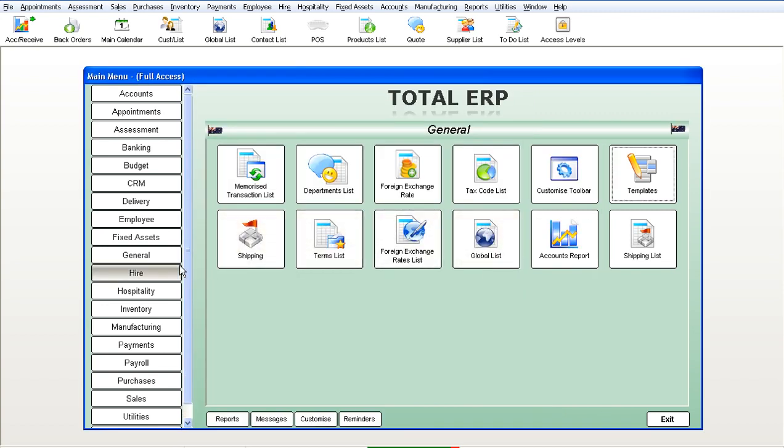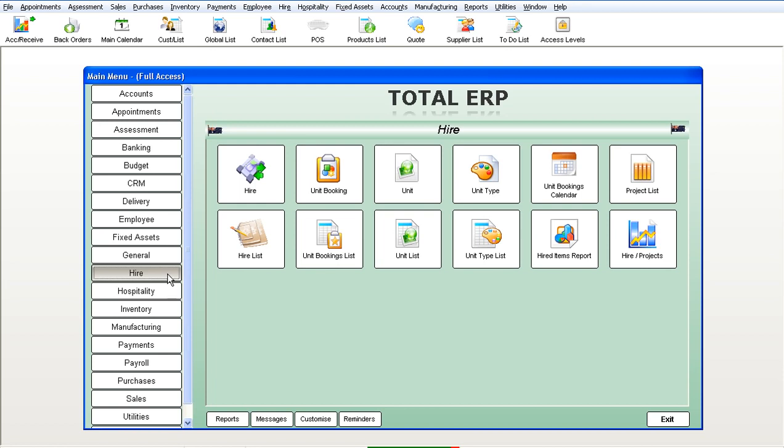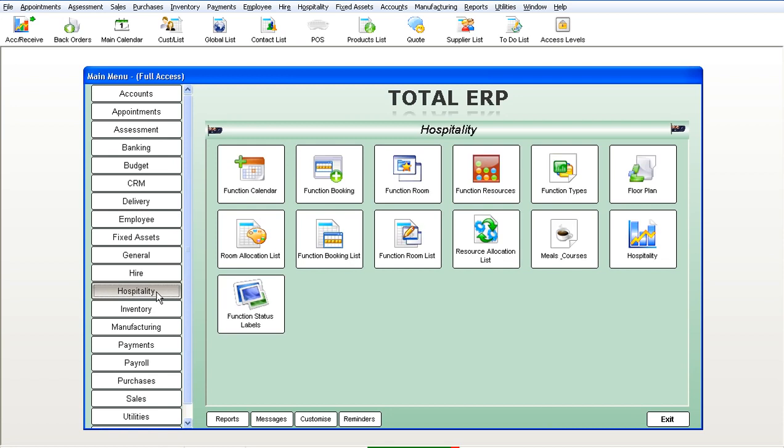We have a full hire functionality, allowing you to take bookings and see those on a calendar, as well as view a full report showing each and every activity in your hire fleet. Our hospitality centre is designed to keep track of function bookings, and that also allows you to design floor plans